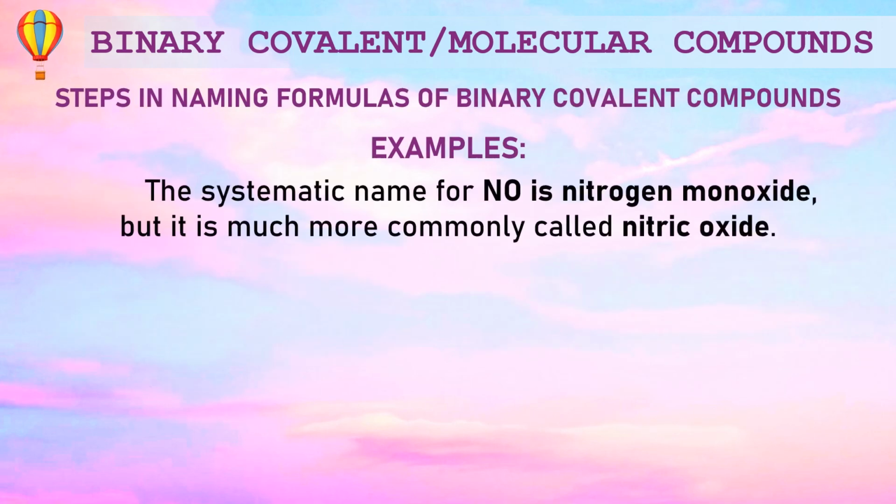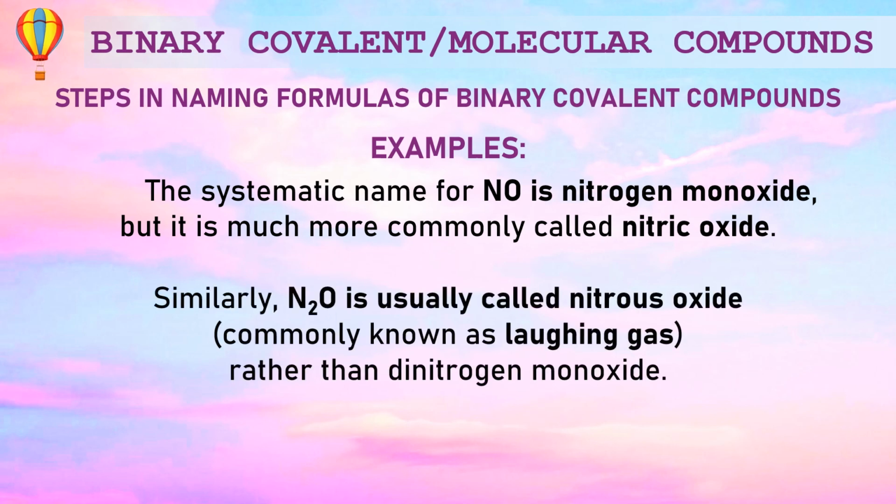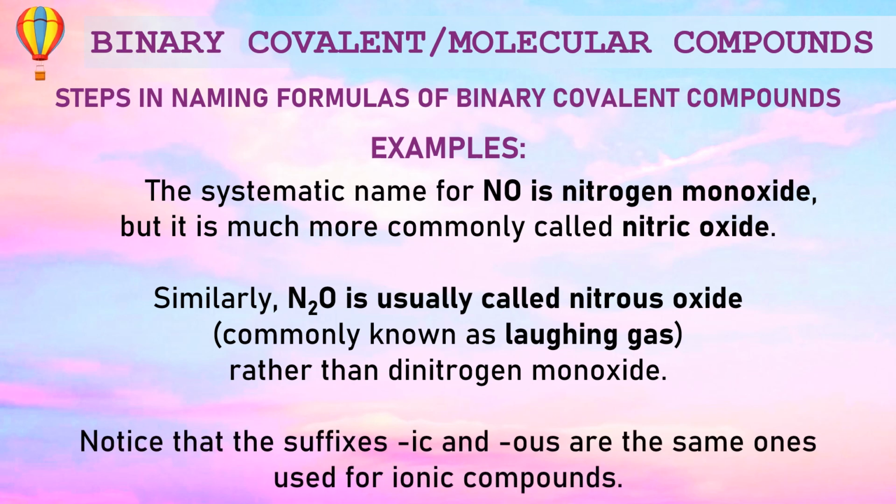For example, the systematic name for NO is nitrogen monoxide, but it is much more commonly called nitric oxide. Similarly, N2O is usually called nitrous oxide, commonly known as laughing gas, rather than dinitrogen monoxide. Notice that the suffixes -ic and -ous are the same ones